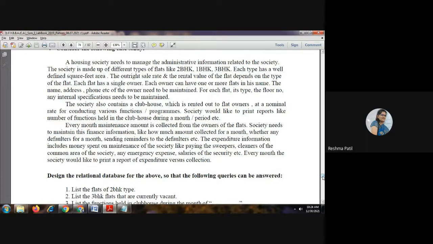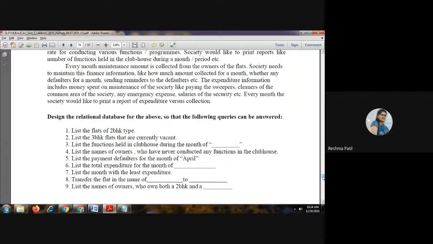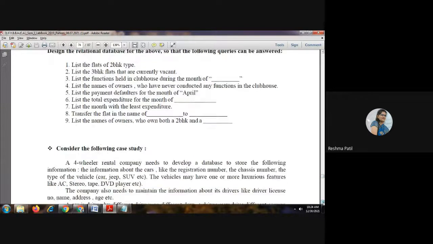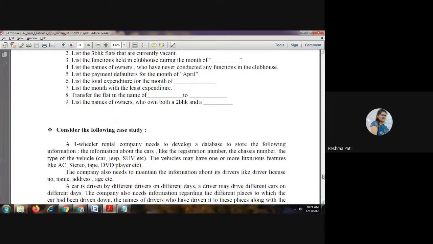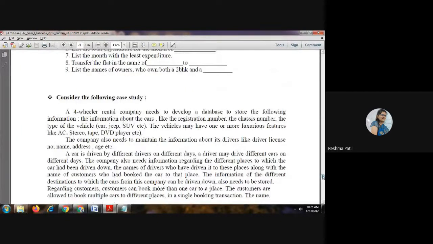You have to decide what the fields of each table are and create that table. After that, they have given the questions. Those questions we have to fire on the tables. This is homework for you. At least try this. If you are not able to complete, I am there. But at least try to find out the fields of each table.